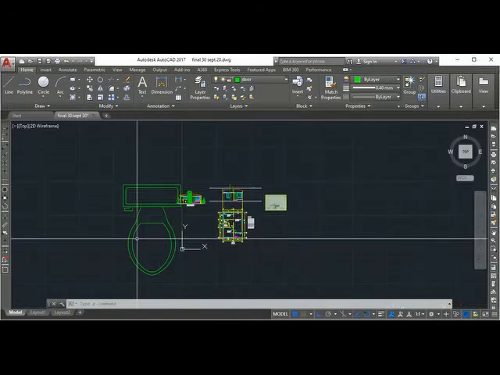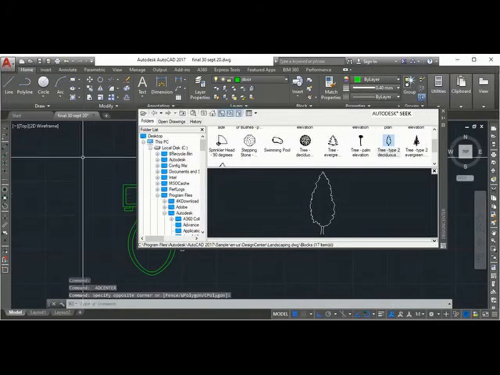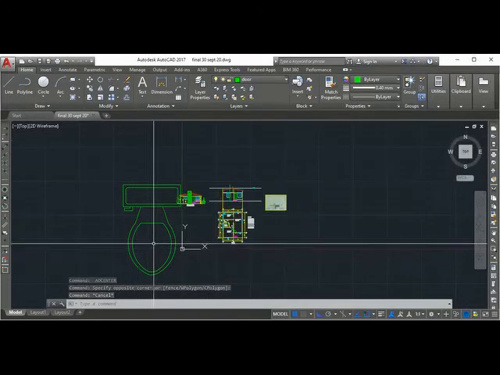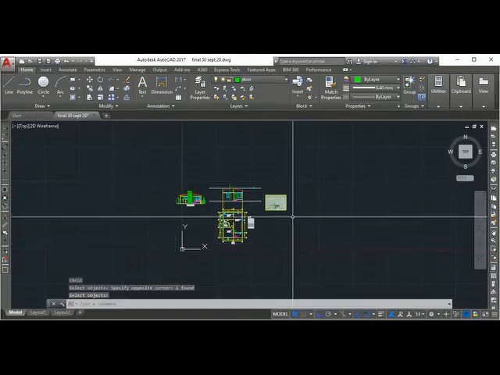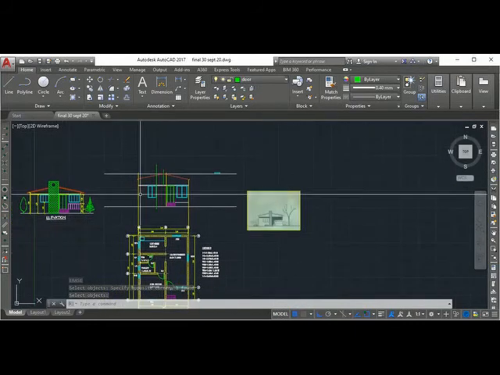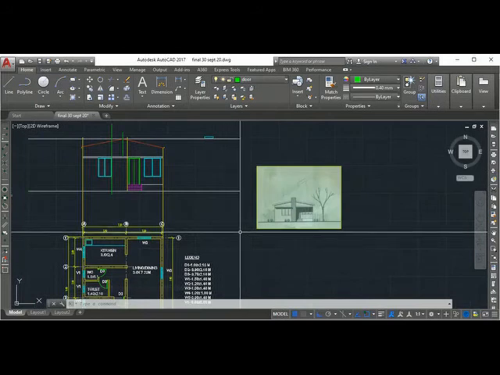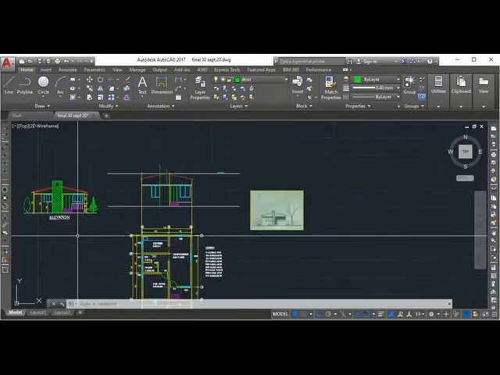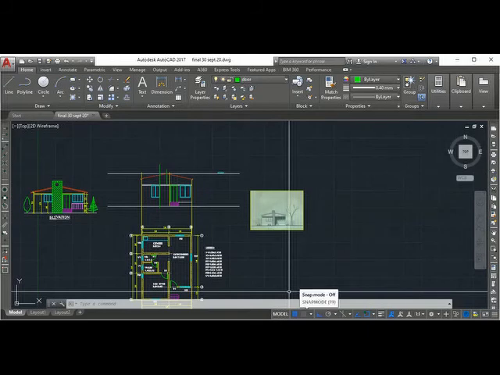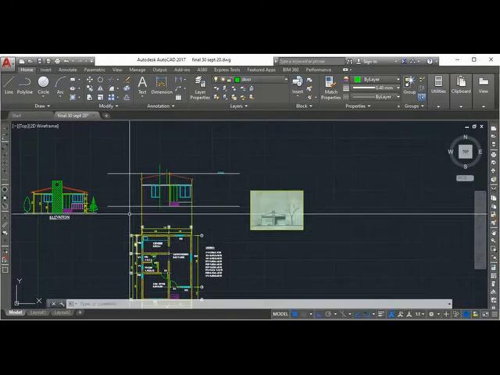So the scale is not matching because this drawing is in meters. They might have prepared it in inches or millimeters. So I will erase this. Okay, that's how you do the trees and other things. I hope you can do it. There is some error coming here. So I don't want to spend much time again on this. Keyboard error is coming. That is why.